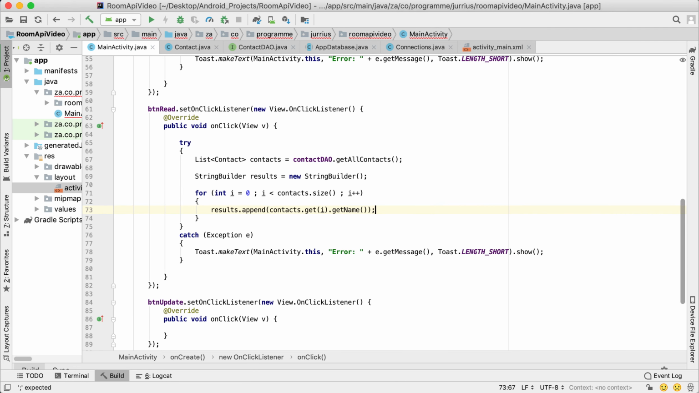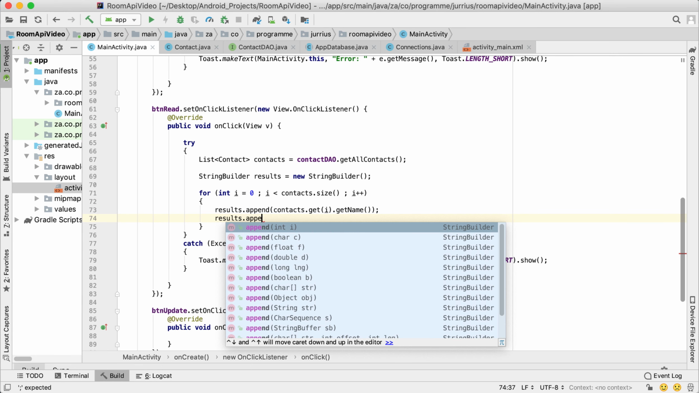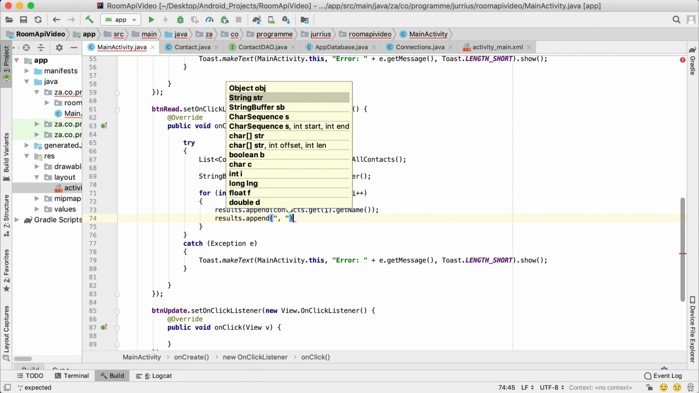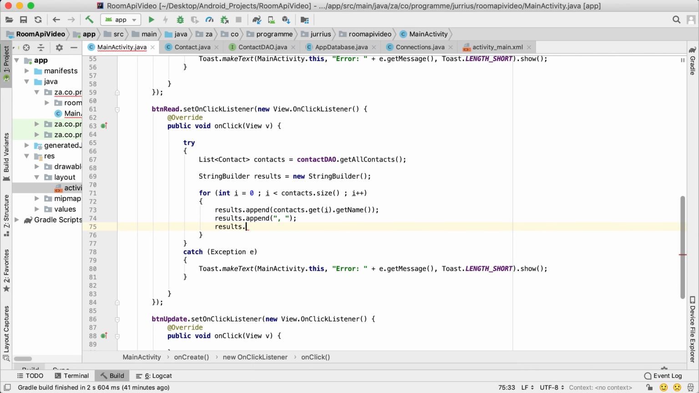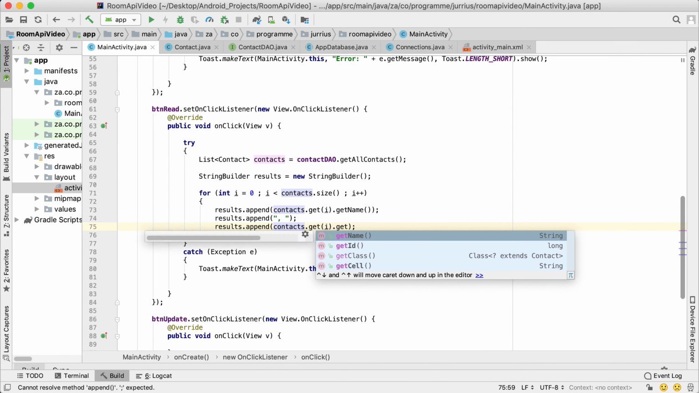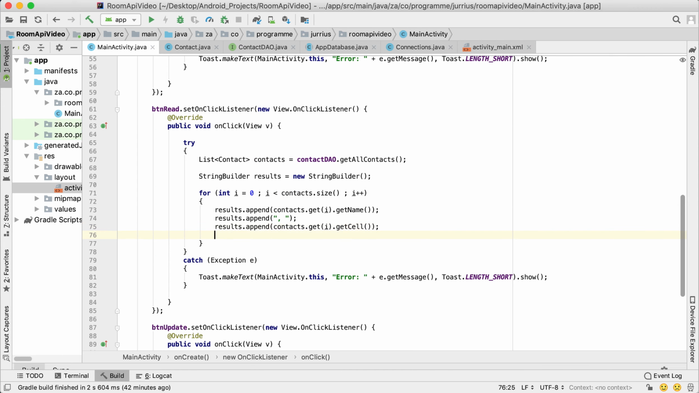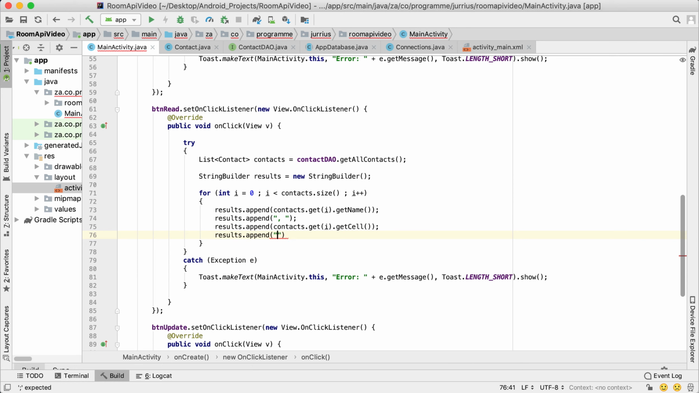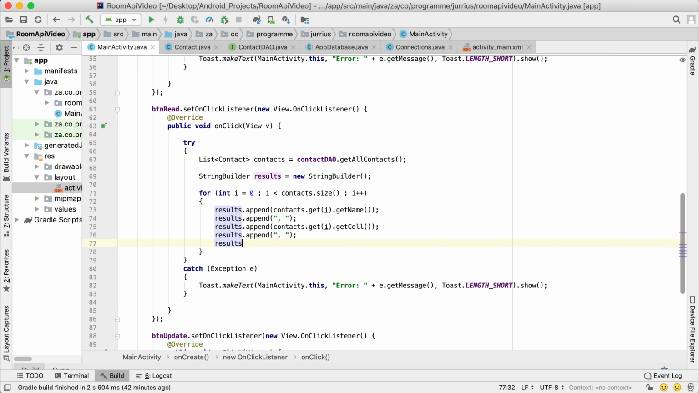So we'll show the guy's name, and then on that results I'm going to append again, and let's just show a comma there with maybe a space. Then again results.append, and what we're going to append here is the second value, so it's going to be contacts.getI again, .get, let's say, the cell phone number. And then again results.append, and let's add a comma again with a space, and then again results.append